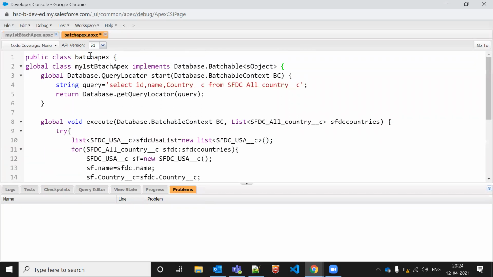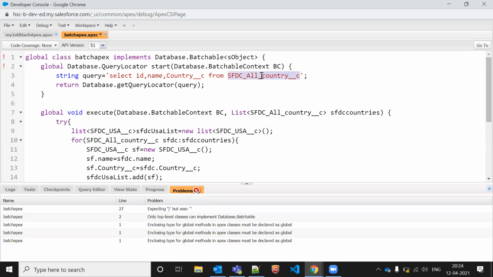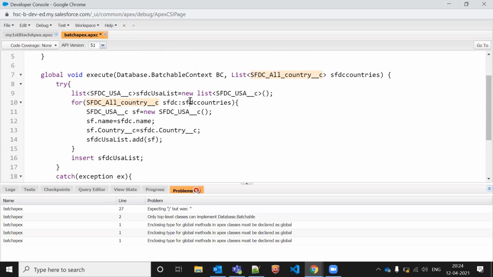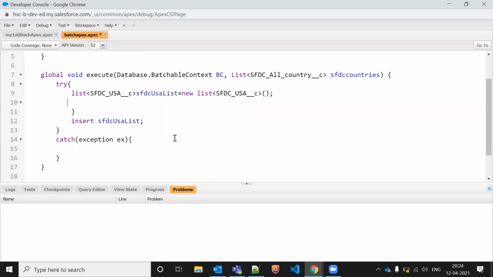What we are trying to do is, our main intention is to call one batch apex from another batch apex. How to call it? We are calling all this data, and after that we are calling. We don't need to write all these things. We directly will do it. Even we don't need to write any for loops. If you want, then you can add it in chunks. Otherwise, directly after this we'll write delete.